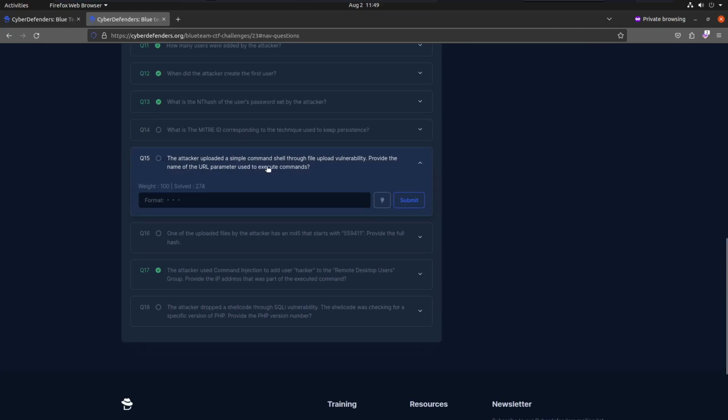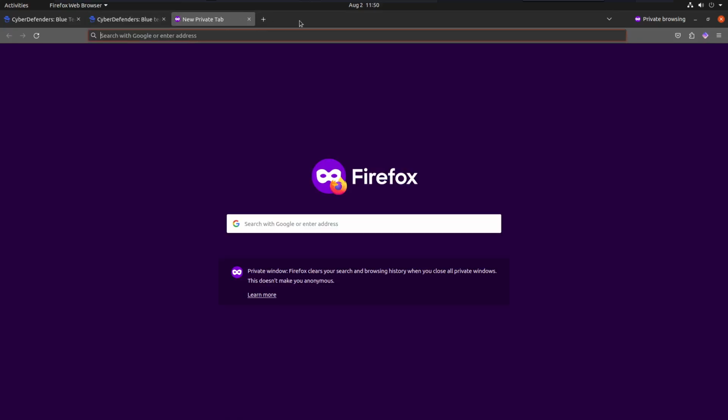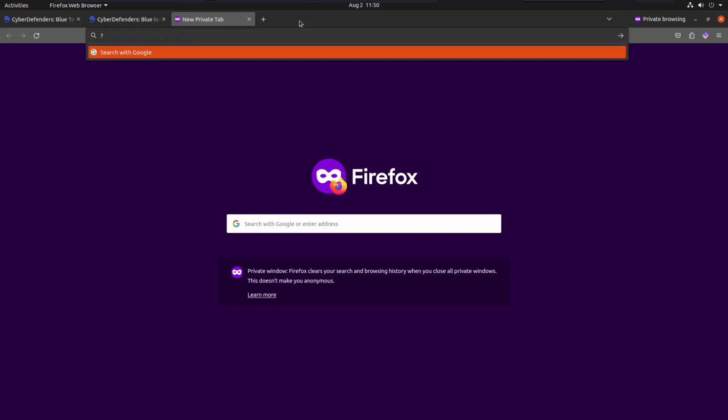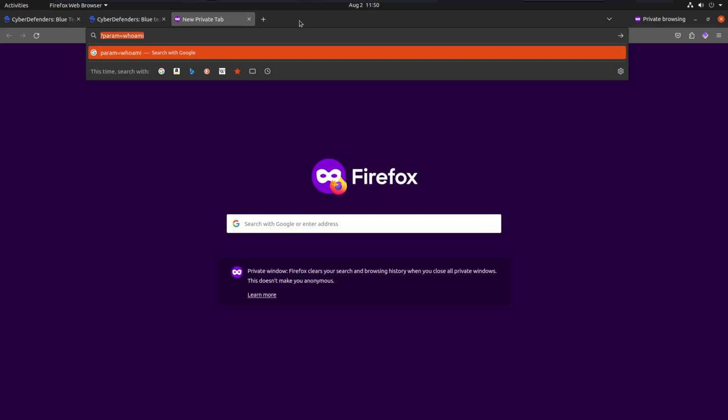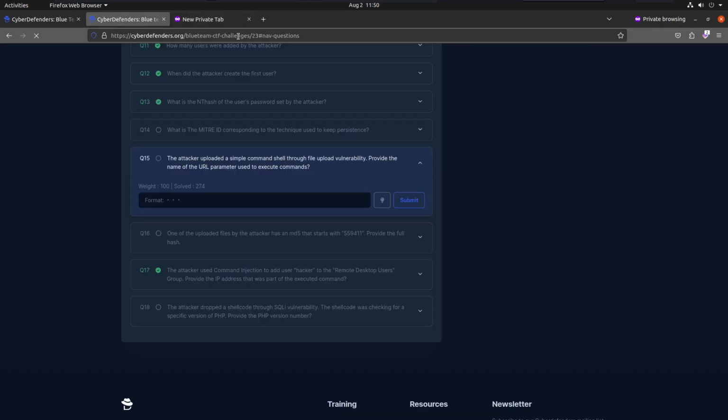The attacker used a simple command shell through a file upload. What is the URL parameter used to execute commands? So what they mean by URL parameter is we're looking for something that has a question mark, the parameter name, equals, and then something that is using system commands like echo, or maybe they're trying to list out the directory contents, or, you know, whoami, something like that. But we don't know what the parameter value is. So